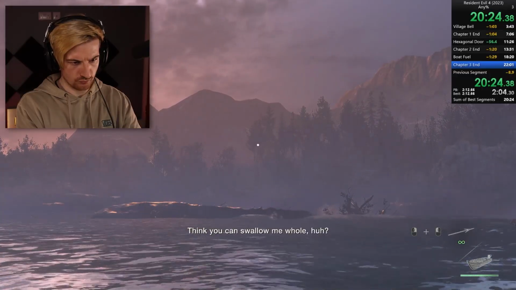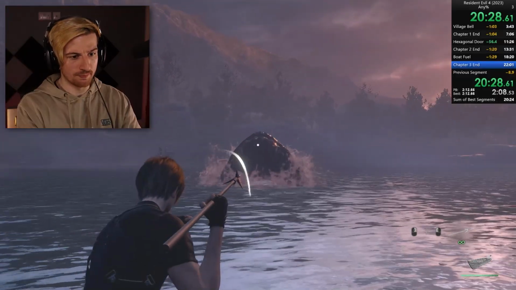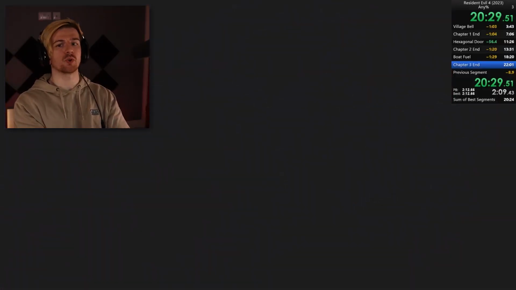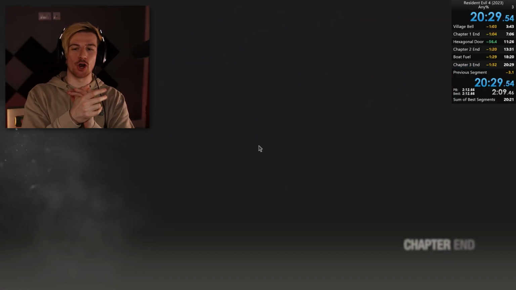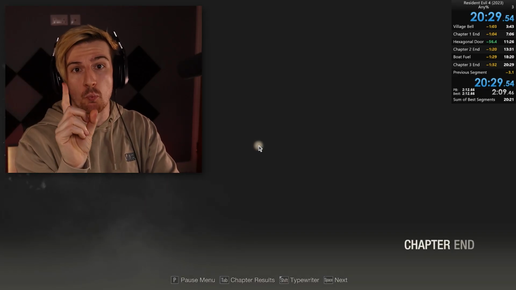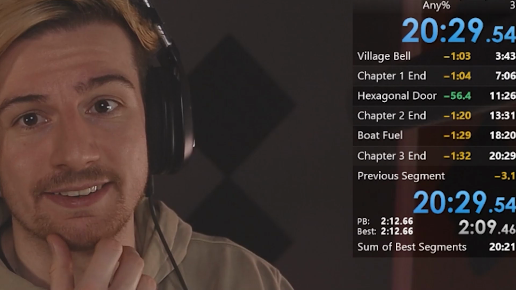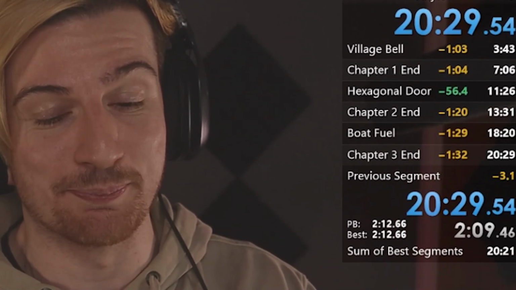Think you can swallow me whole, huh? Good, that hit. A few more times and we're good. That missed. Oh, okay, we still got it. We still got it. That was a 1 minute 32 overall time save. Everything was a gold, but one single thing, the hexagonal thing, because the Dynamite Valley was just a nightmare to go through. This is actually going to be a difficult set of splits to beat